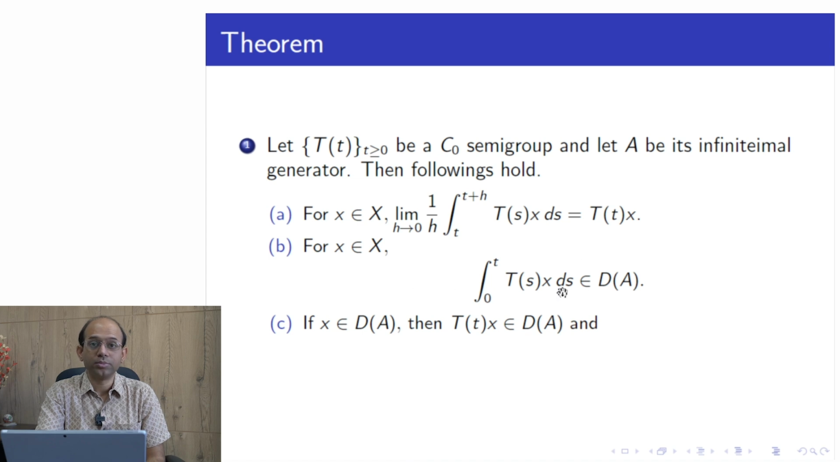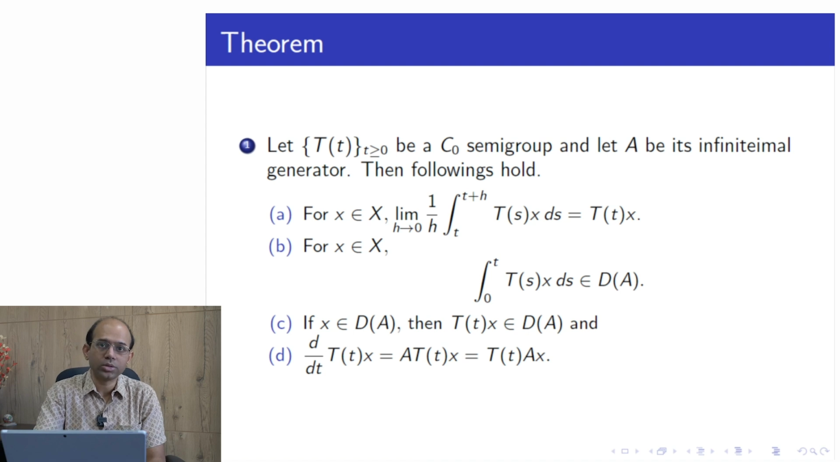So one can compare these two statements. Here in statement B, we got that for any small x in capital X, the application of the semigroup on the vector small x, but integrated on any interval 0 to t, doesn't matter what t is, arbitrarily small or large, would lie in the domain of A. But if we want something more, that not the integration but just T(t)x to be in the domain of A, then we need to assume that x is in D(A). And if x is in D(A), T(t)x is in D(A), not only that, we can